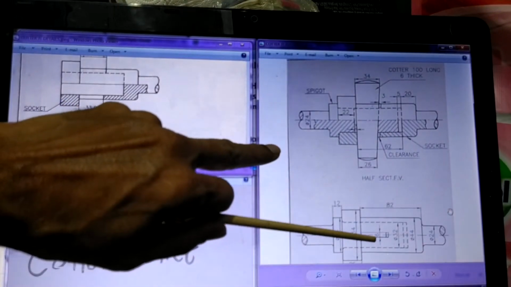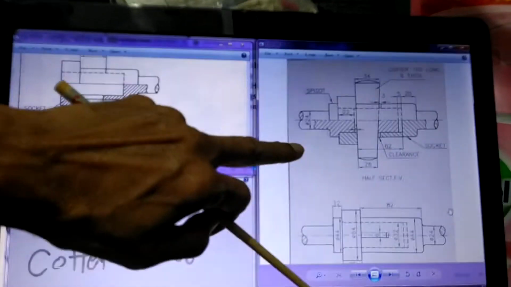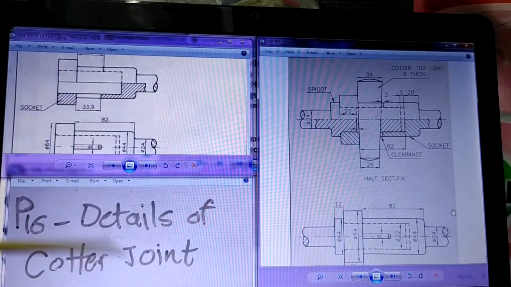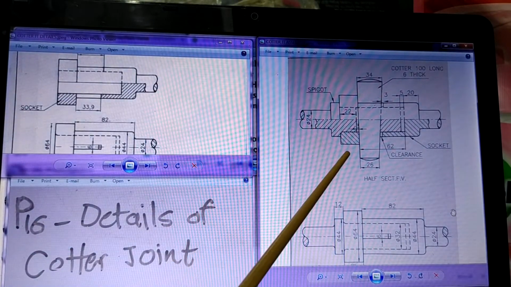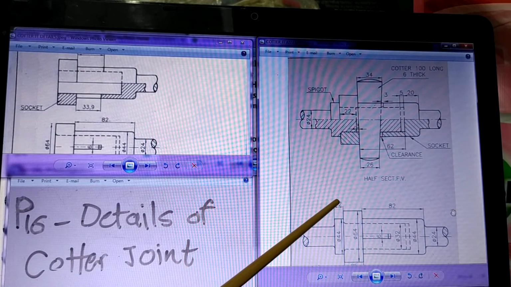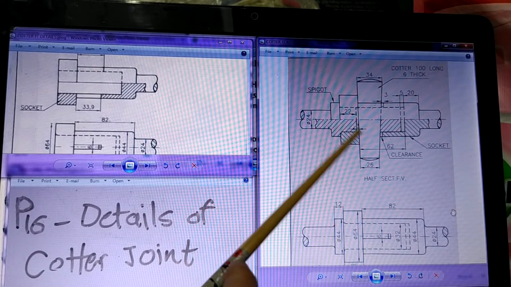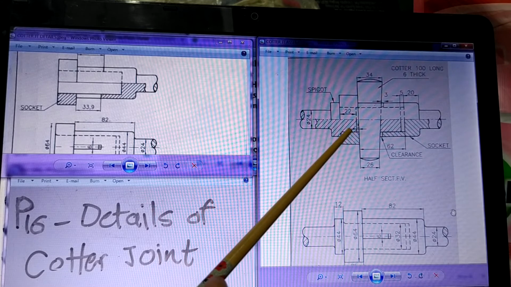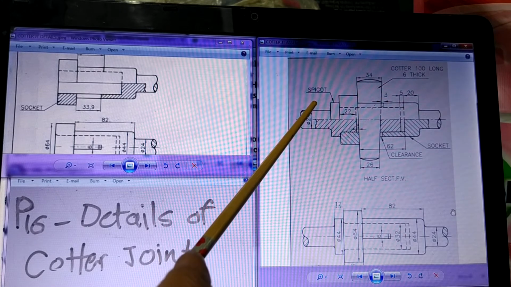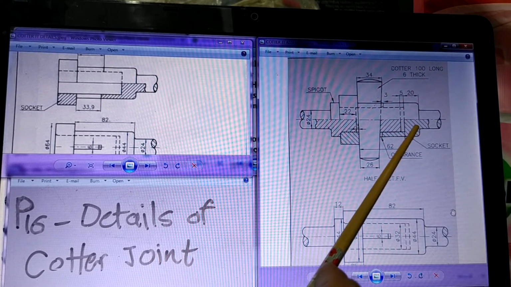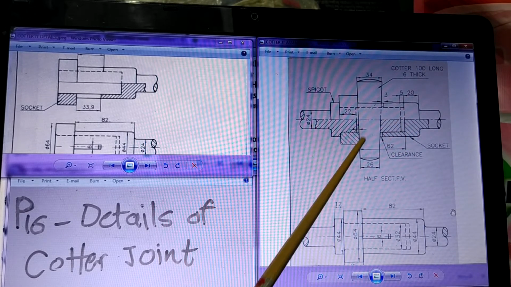Sometime back, we prepared the freehand sketches, and during the preparation of the freehand sketches, we prepared these drawings. So we know what is the function of a quarter joint. According to that function, this is a joint which is given to us as a quarter joint. We have to understand its function, and accordingly we have to split this into its detailed parts. That means you have to draw the detailed drawing of a spigot, of a socket, and then of a quarter.